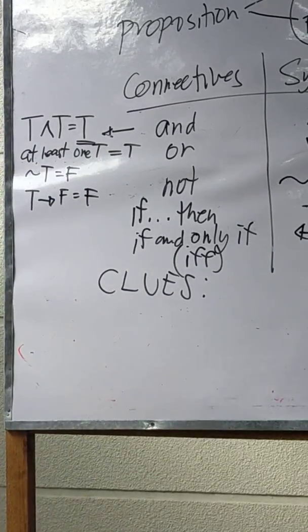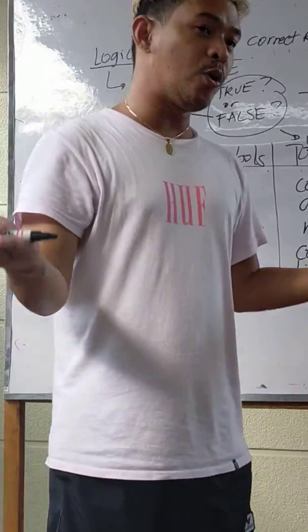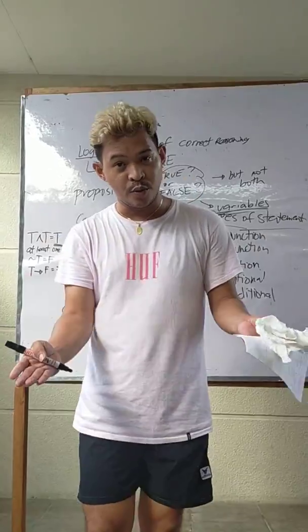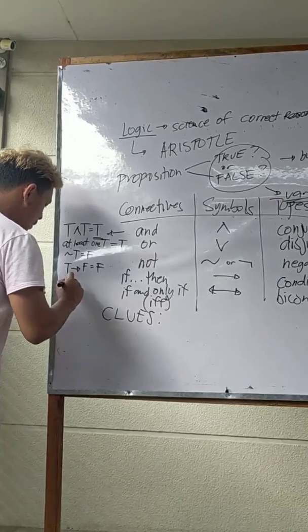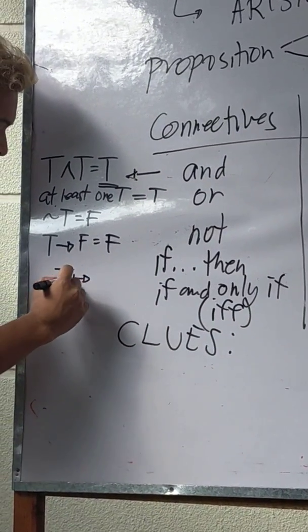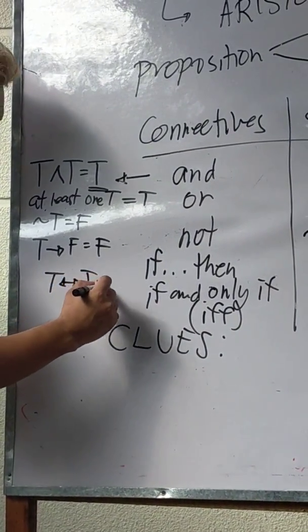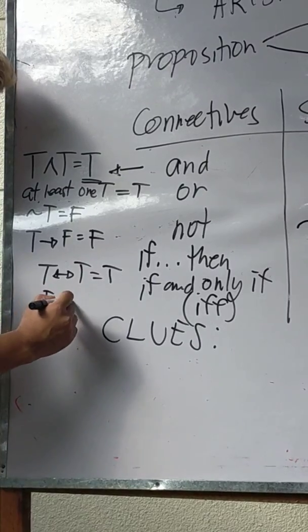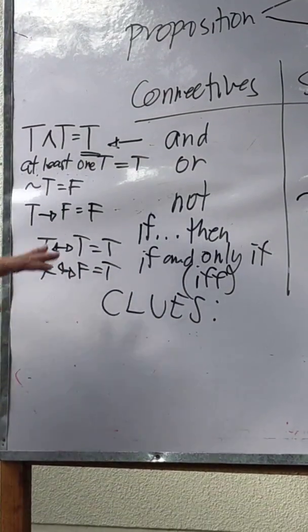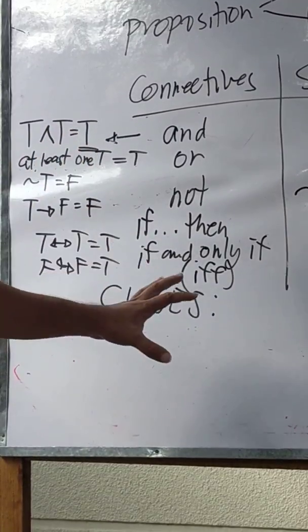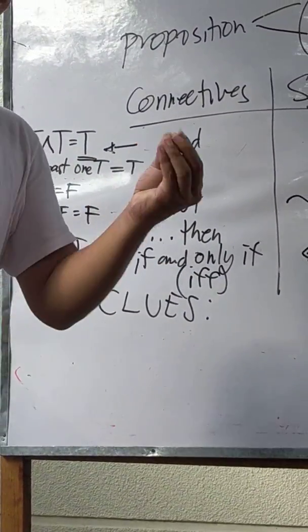Next, if and only if. If both are true, that will be true. If both are false, that will be true. Therefore, true if and only if true will be true, and false if and only if false will be true. So these are the ideas that you need to memorize or understand in order for you to